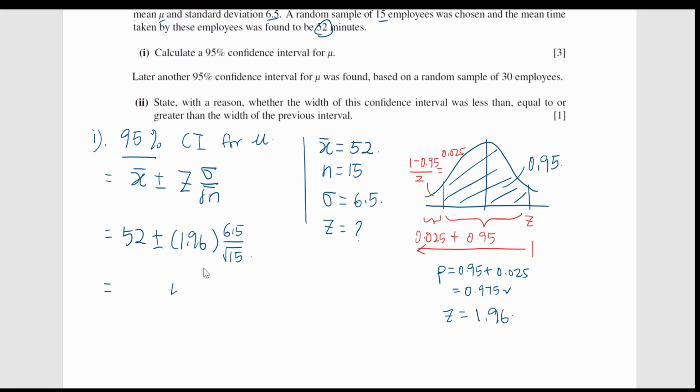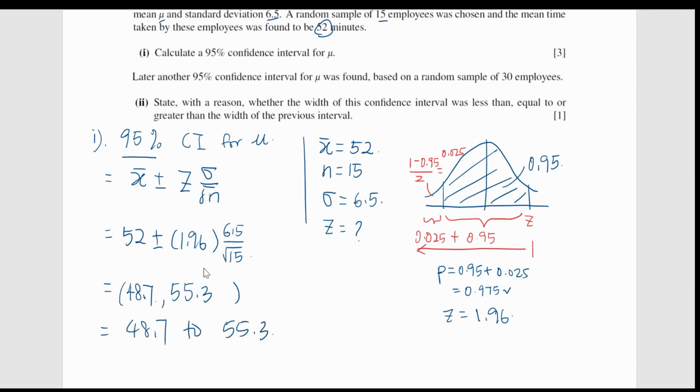So 55.3. Then another value, 48.71, 48.7 then. Okay, or 48.7 to